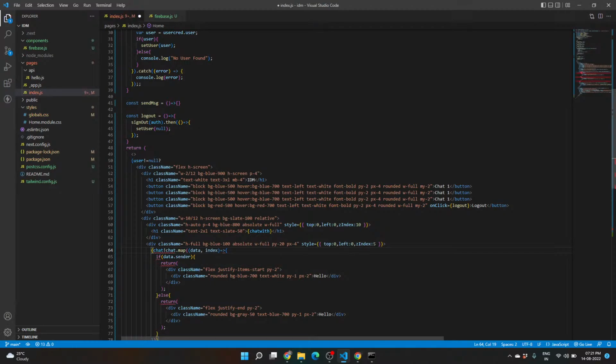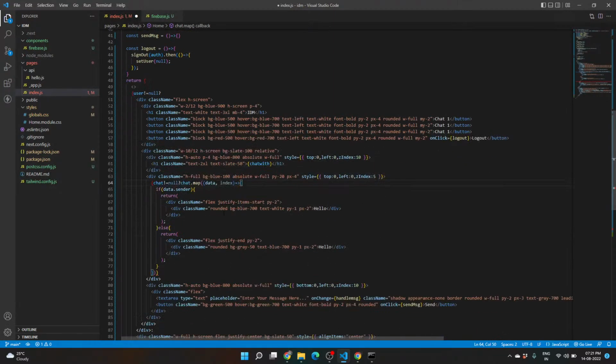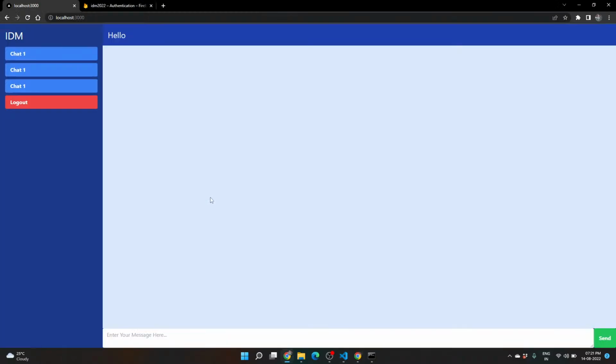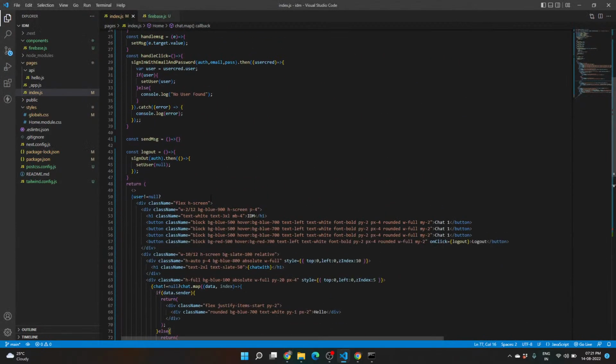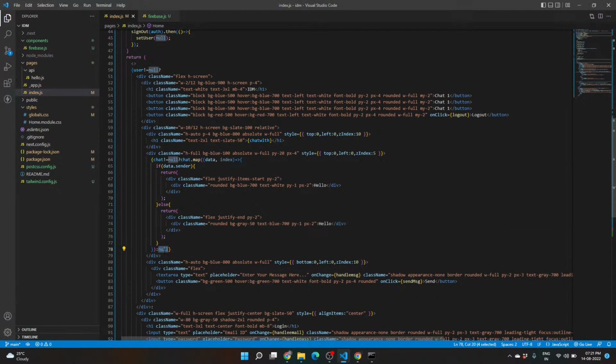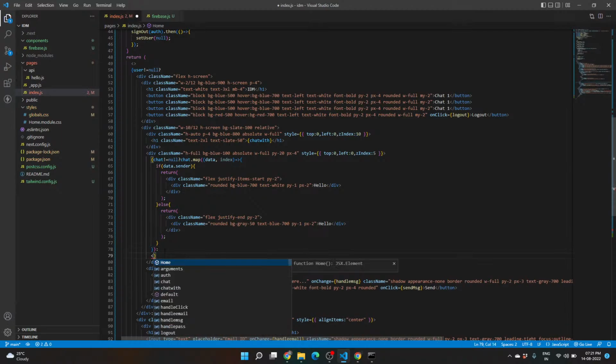Chat not equal to null, question mark this, else null. That's it. If the chats are null, you could either display everything as null, or you could just create a